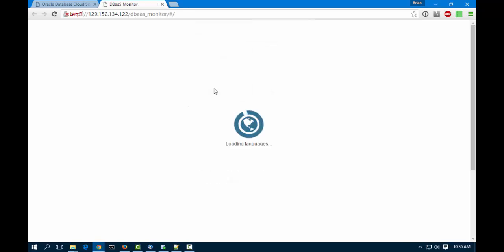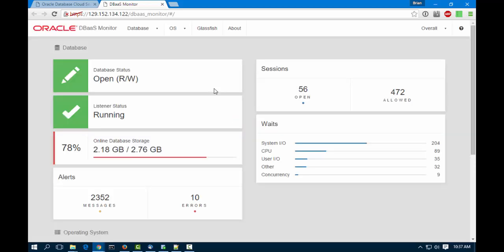Here is the Database as a Service Monitor tool. This particular tool was written specifically for our database cloud services. It is a full HTML5 application that works on any device, whether it be a phone, a tablet, or a laptop or desktop browser. With this tool, we can view our databases, the status of the databases, create PDBs, clone PDBs,